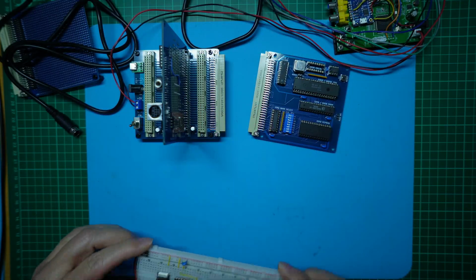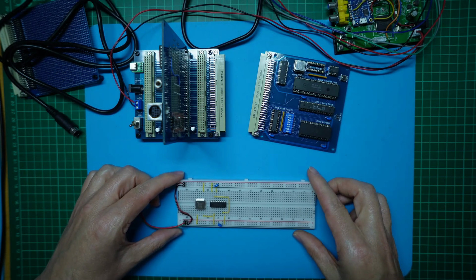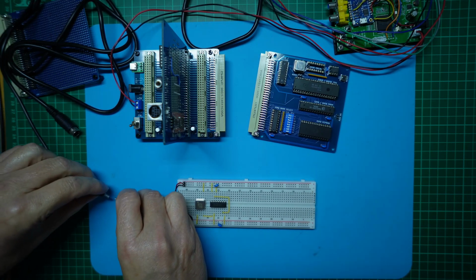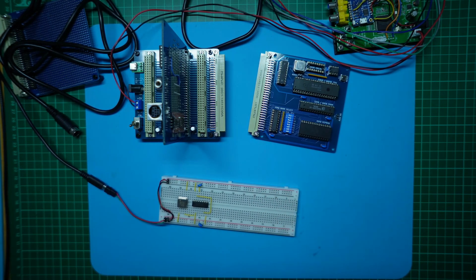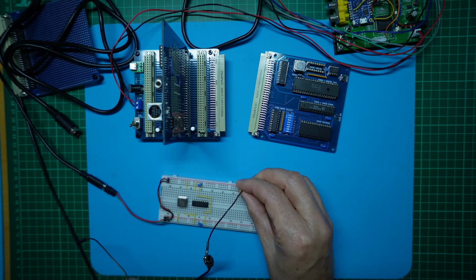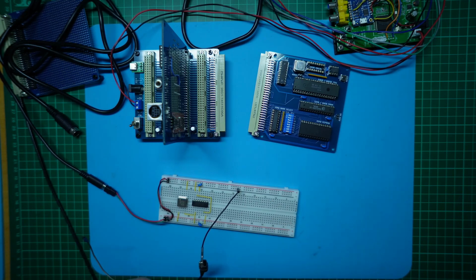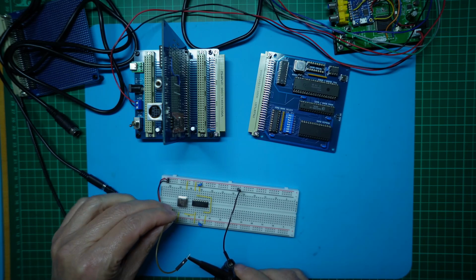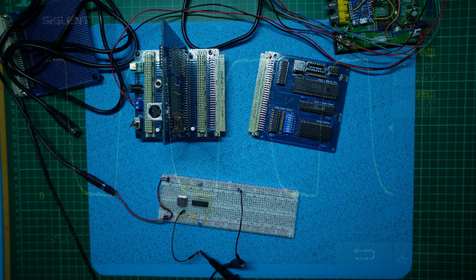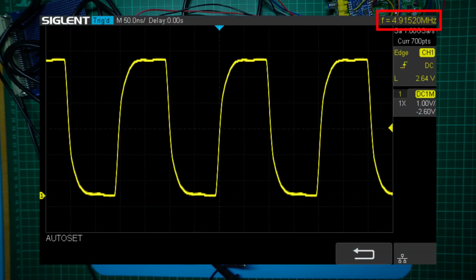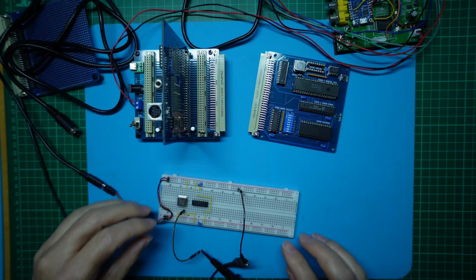So here's my simple circuit on a breadboard. Now let's power it up, and we'll hook up the scope and see if we're getting what we want for our required baud rate frequencies. So first I'll hook up earth, and first I'll check the output of the oscillator. Right, so we're getting the correct 4.9152 MHz that we expected. Okay, so on pin 4,